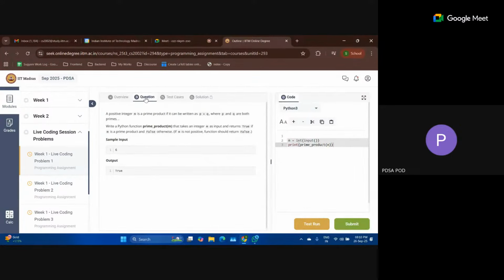You can code over here. Whatever code is given here, please don't delete that, otherwise your program will not run. What you have to do is write a Python function every time. You have to define the Python function and write it before these lines.